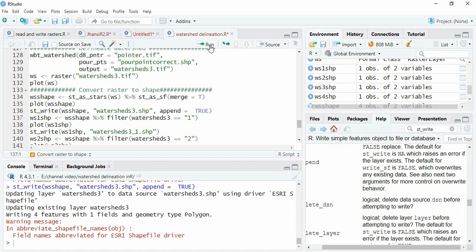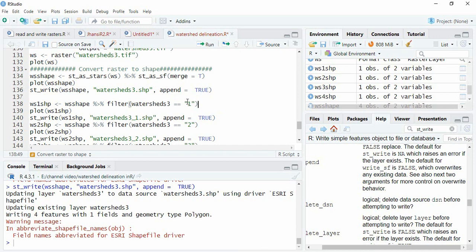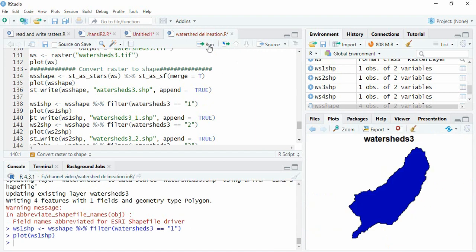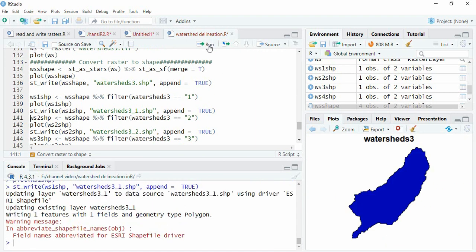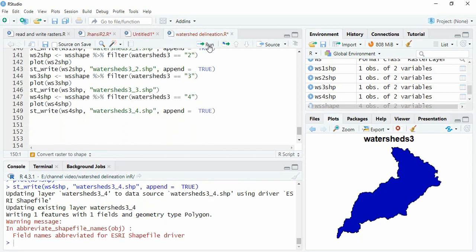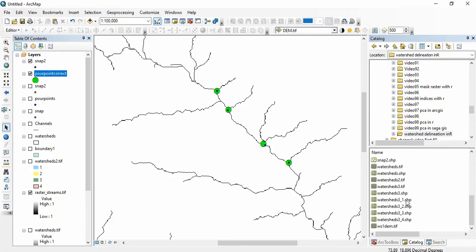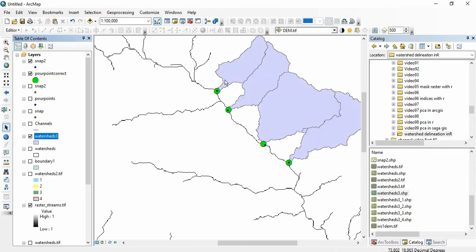Now we can save them. Then similarly, if you want to filter each watershed as a separate shape file, that also we can do here. We will filter it first. We will filter as watershed 1, and then write it. Then similarly for 2, 3 and 4. So now you can see here, this is the whole watershed, 1, 2, 3, 4,